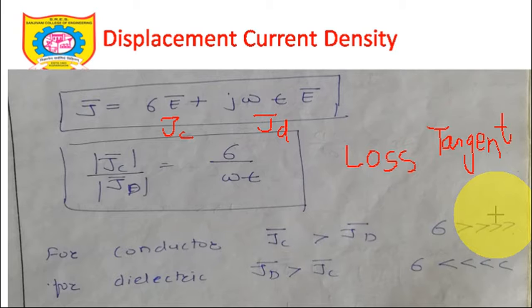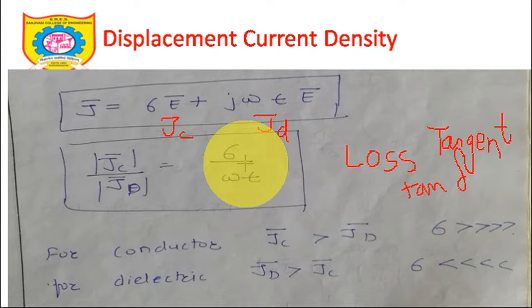Let's take an example. An ideal dielectric should be perfectly non-conducting in nature. Agreed? If that is so, that means the conductivity of the medium should be zero. The loss tangent is denoted by tan delta. If tan delta is equal to 0, that means it's a perfect dielectric. If tan delta is equal to 0, that means the ratio of sigma upon omega epsilon is almost equal to 0. That means JC is equal to 0, yes or no?